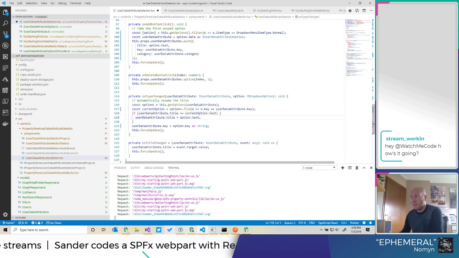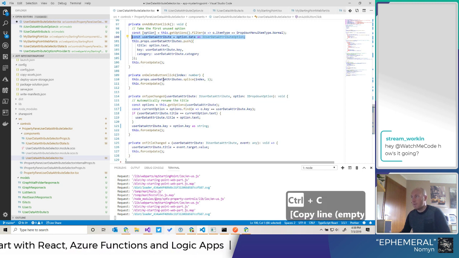Which means basically, ooh, it's not. We need to find the I use a data attribute option. So let's rename this one as well.